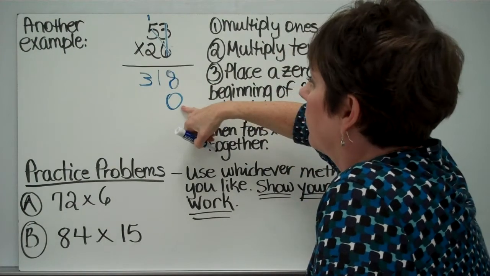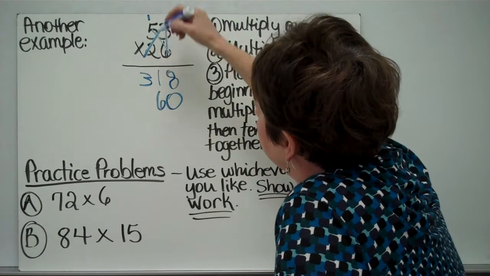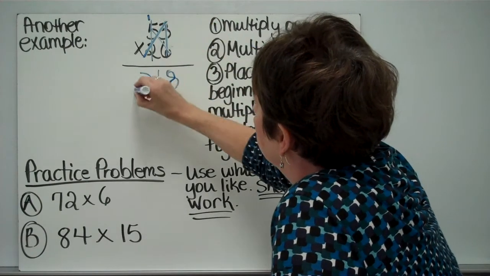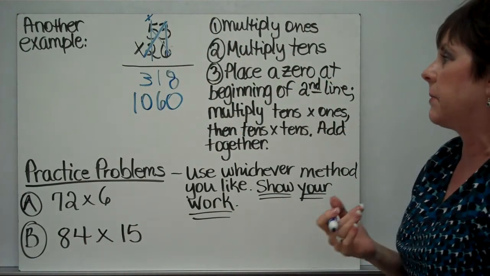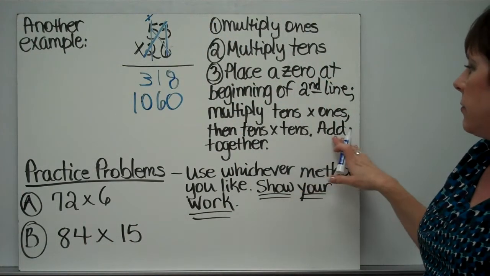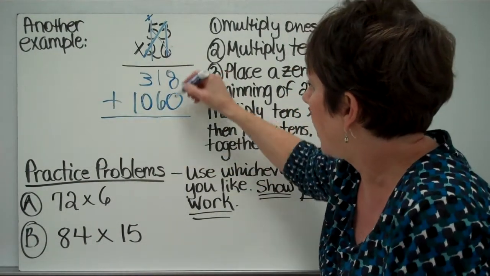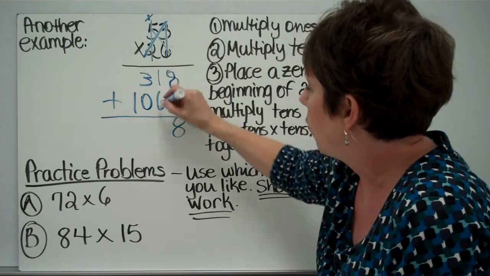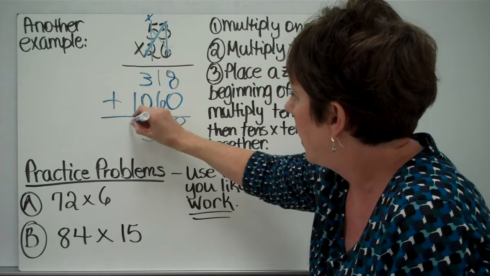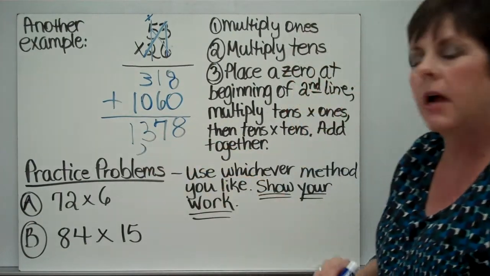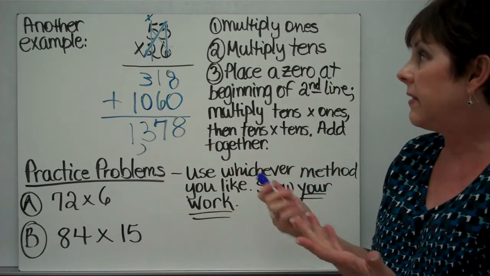After you put this here or your X or whatever you've been told, 2 times 3 is 6. Then 2 times 5 is 10. If you want to mark that out so you don't add it in a second time, you can. Last thing that you do is you add it all together. So I'll put my addition sign there. 8 plus 0 is 8. 1 plus 6 is 7. 3 plus 0 is 3 and 1. And then, of course, put your comma there for the period of 3 digits. And then that would be your answer,